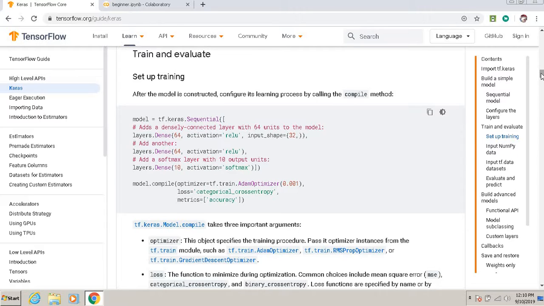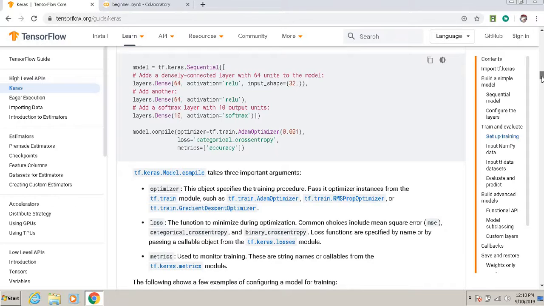Now, when you have made a model, if you write model.compile, then actually you are compiling the model, because maybe there are some errors. So you compile the model with some optimizer. There are different optimizers available. Presently we have taken the Adam optimizer.